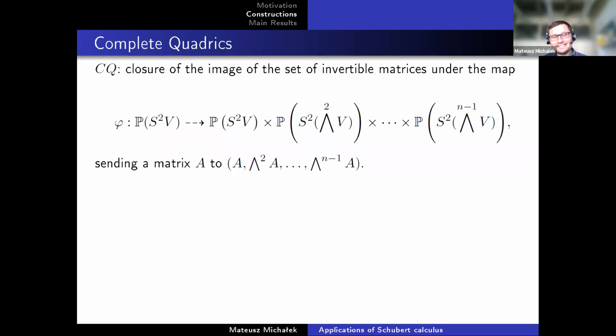And this is why these divisors are nicer than anything else, because you can move from intersection theory on the variety of complete quadrics to intersection theory on a Grassmannian. And intersection theory on a Grassmannian is combinatorics. It's something well understood thanks to 100 years of work of great people. Young diagrams, Schur, and so on.